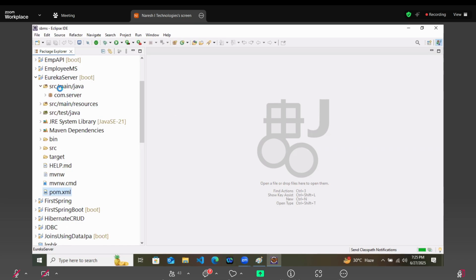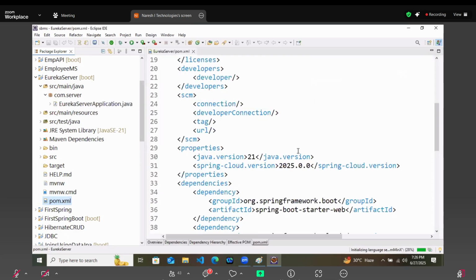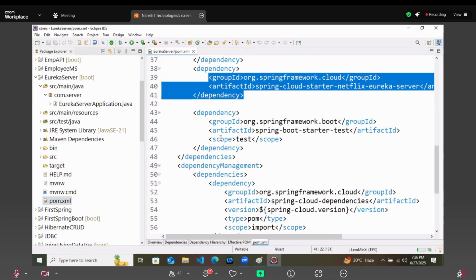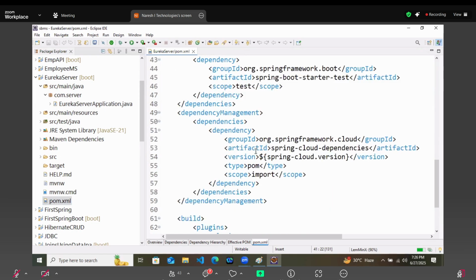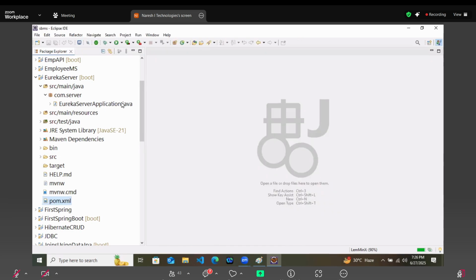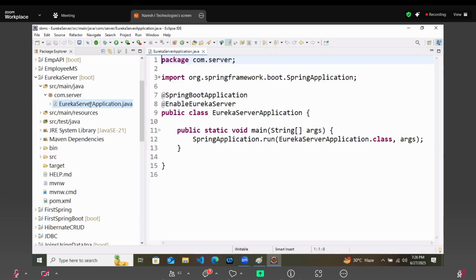You can say that this is your inbuilt cloud where all other services will register themselves. We are just adding the dependency of Eureka server and the cloud dependencies, all already added by Spring. Over the main class, we are just annotating it with @EnableEurekaServer.